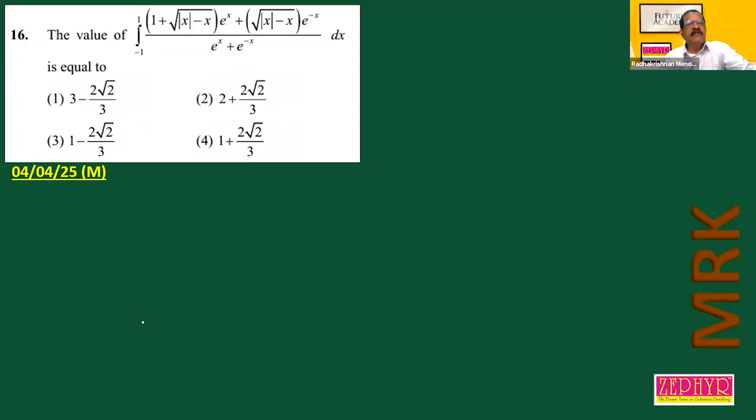Now, the value of the integral from minus 1 to 1 of (1 plus root of mod x minus x) into e raised to x plus (root of mod x minus x) into e raised to minus x, divided by e raised to x plus e raised to minus x. We have to use properties. So I equal to